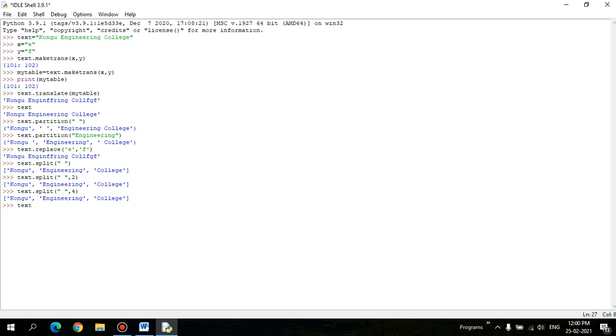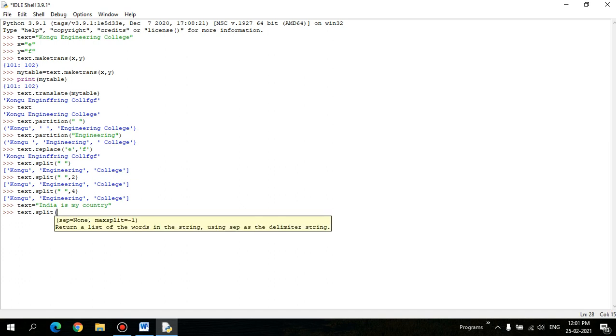Let's check for some other example. Text equal to, text dot split, separation has to be done.